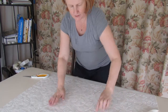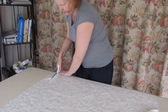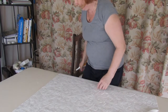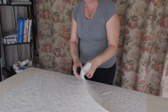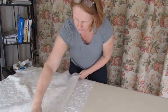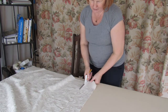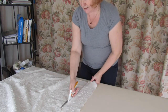I've laid the fabric out and I've matched the center of the seat pattern here. Them slightly smaller and to match each. And then I'm going to do exactly the same thing, but the top fabric I'm putting on the bottom, and then the bottom fabric I'm going to put on the top. I'm going to match the other end of this pattern, which gives me a pair of matching tops for the next set of chairs that I'm going to